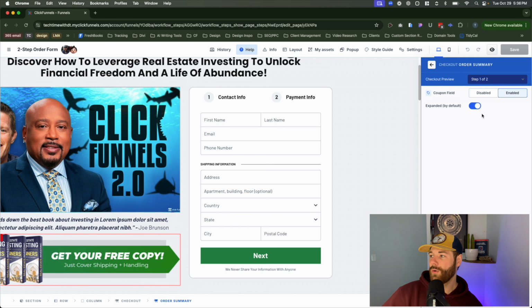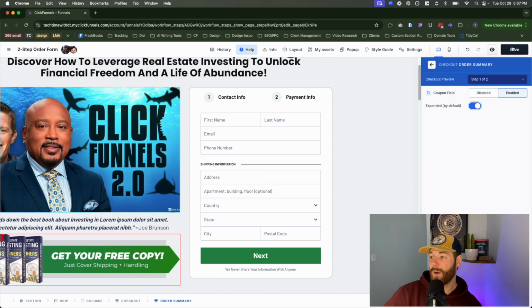Within the settings, you'll have two options within this area. You'll be able to enable or disable coupon code, and you'll be able to expand the summary by default. Now, this option down here to have it expanded by default was not there originally. You only had the ability to turn on or off the coupon field. So now what we can do is just turn this on by default, have it just toggled on just like that. So it's blue as far as the background goes and the dial is to the right,